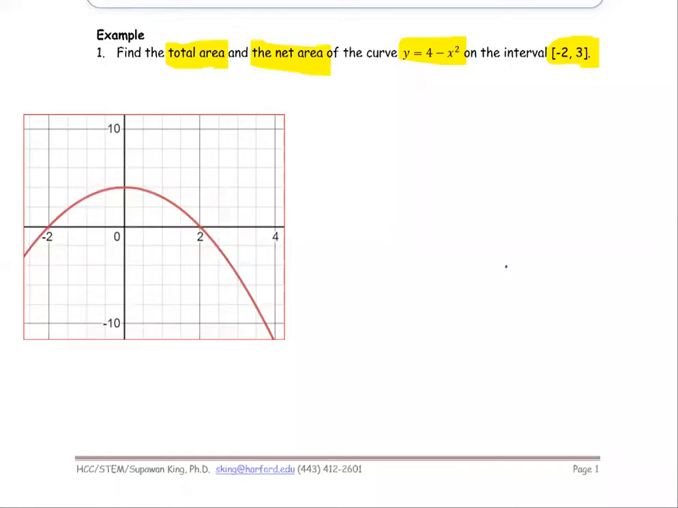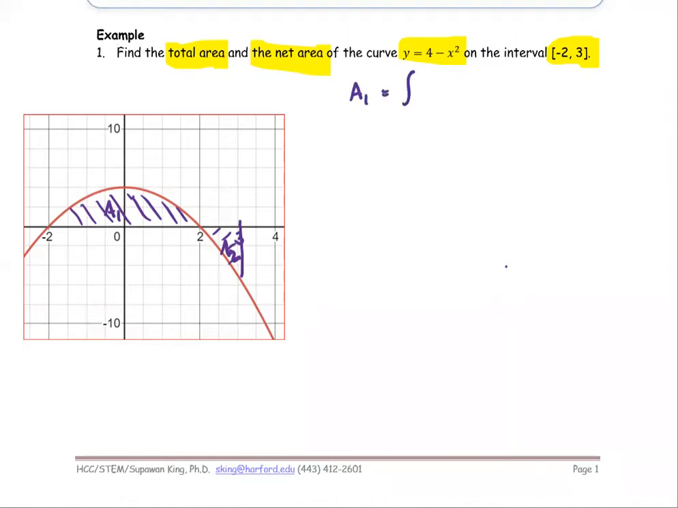From the graph, we can see that between -2 and 3, there are two portions of the graph. The first part is where the graph is above the x-axis. The second part is where the graph is below the x-axis. So for this case, I'm going to name them area 1 and area 2. We find the area of each one to compute the total area and the net area. For area 1,